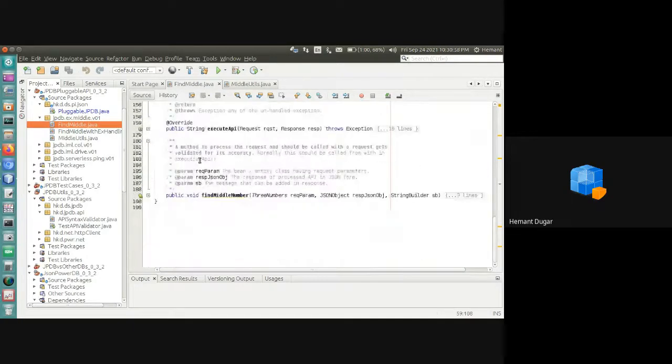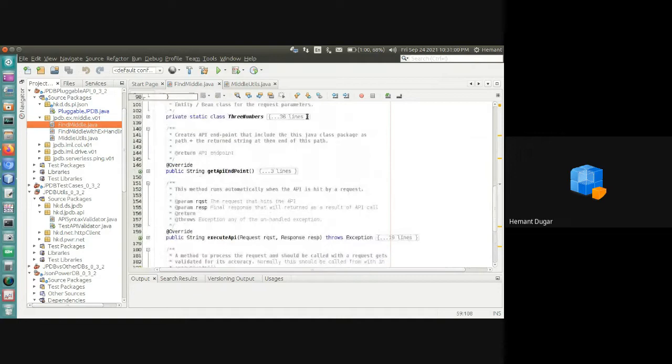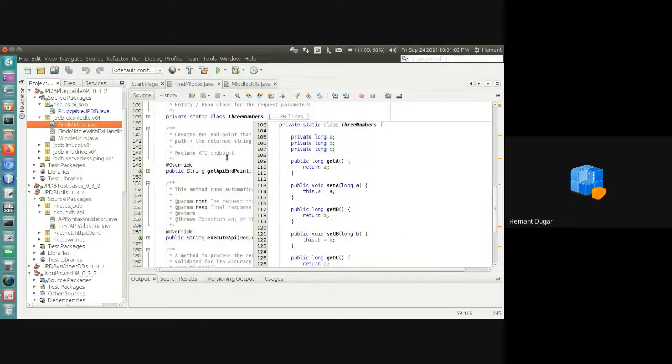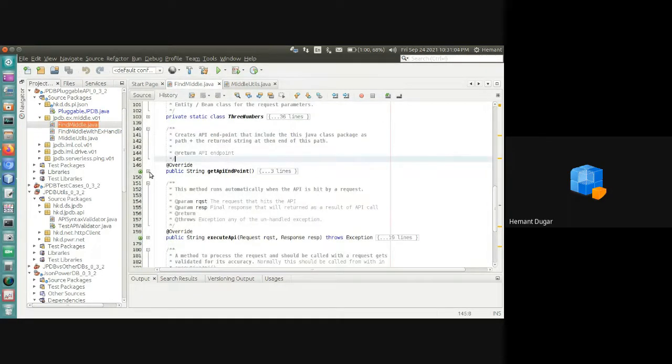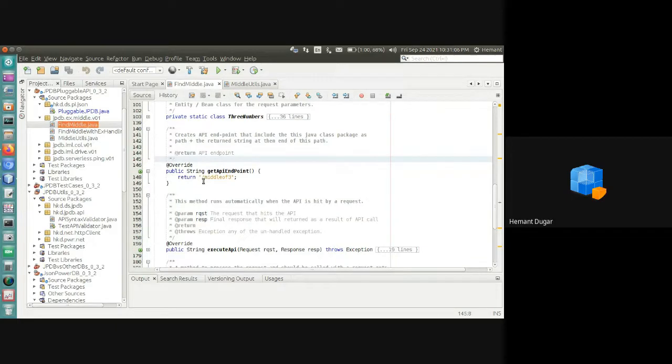The important thing is when you create a pluggable REST-based API, you need an endpoint. This is going to be the API's part of the endpoint, like /middle-of-3. In this method, you can define your endpoint and part of the endpoint.